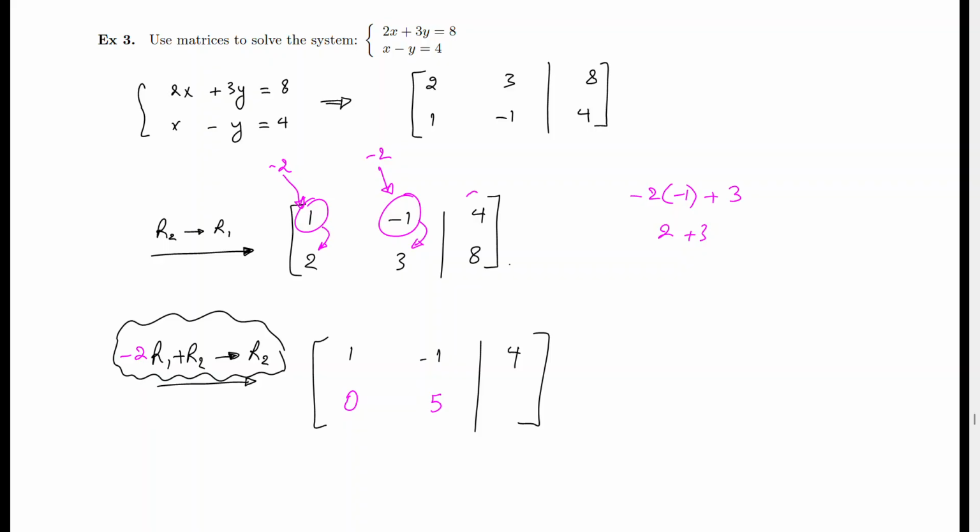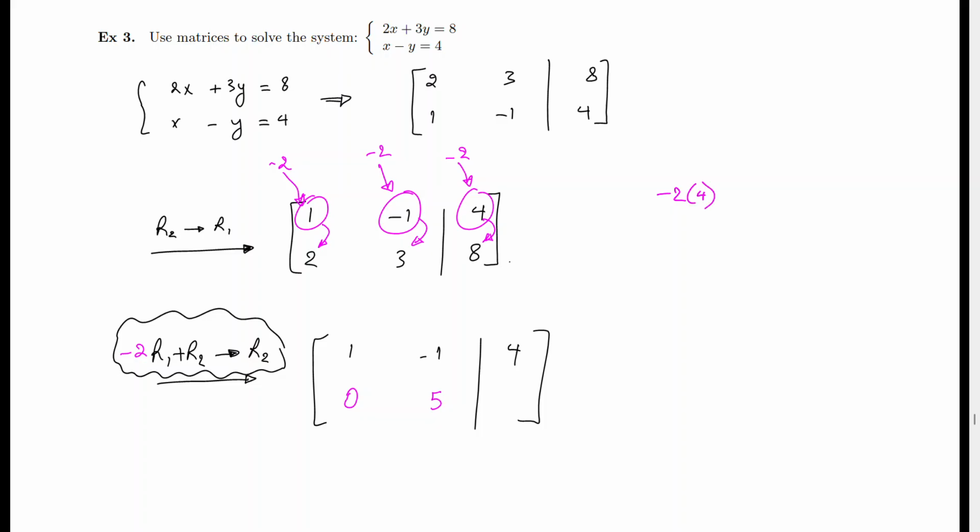And again, we do the same thing again on the third number. We multiply it by -2, and we add it to the number underneath. So we are going to multiply -2 with 4 and add it to the number that was 8. So -2 times 4 will be -8. 8 and -8 will be a total of 0. And so that's the end of step number 2. I'm going to erase everything because it's no longer required. These are all basically done in pencil typically, and when you're done, you should see 0, 5, 0 in the